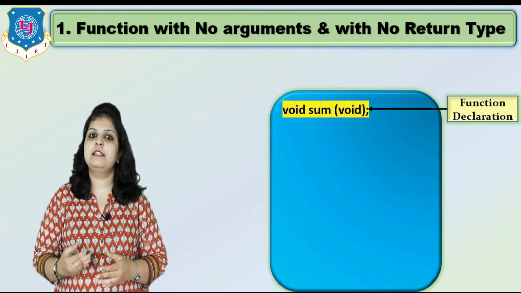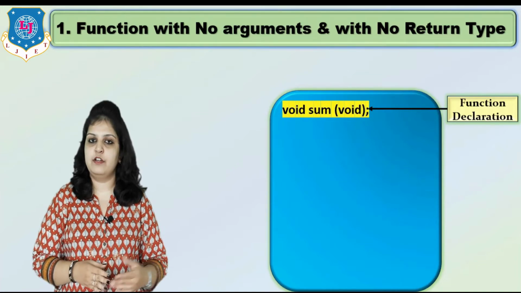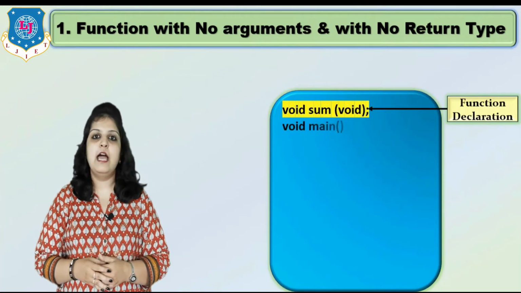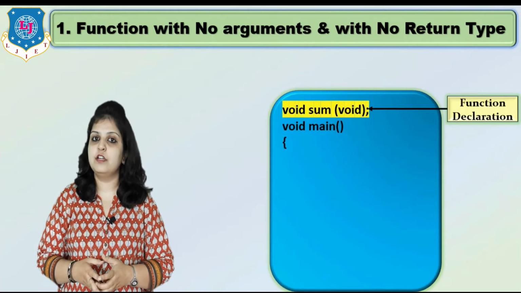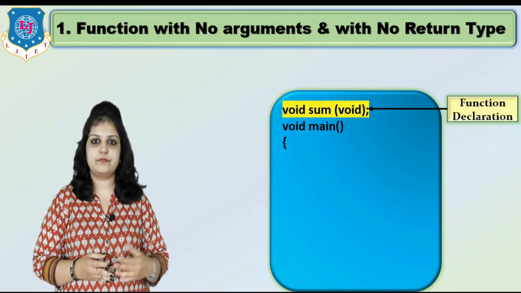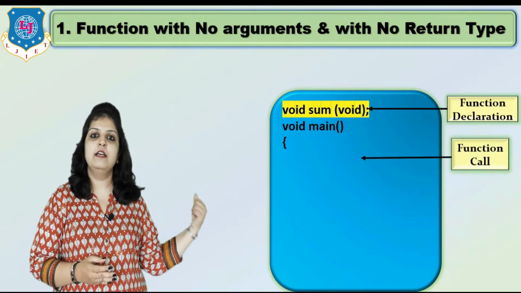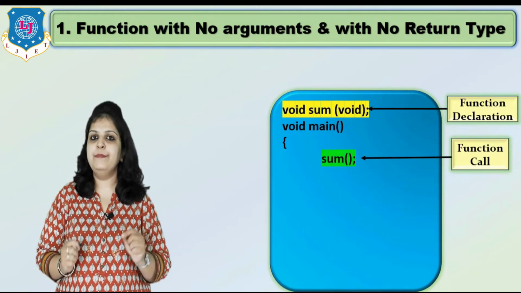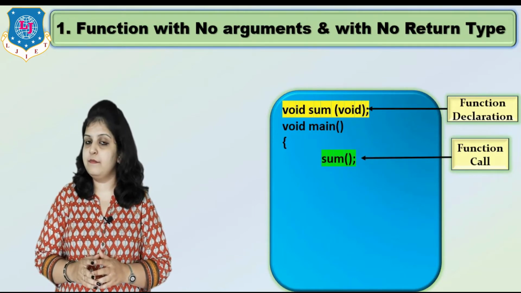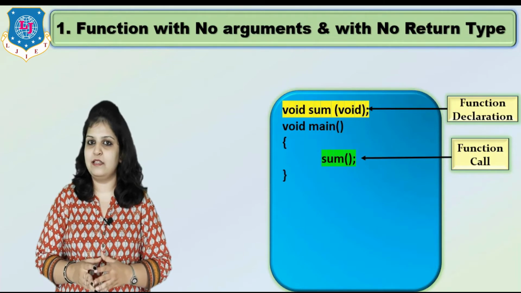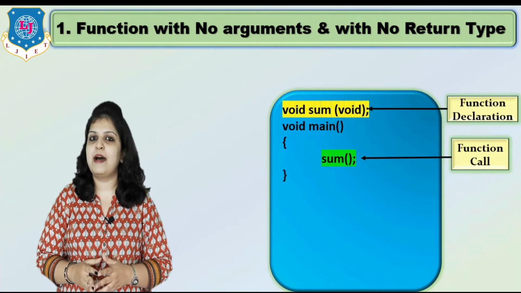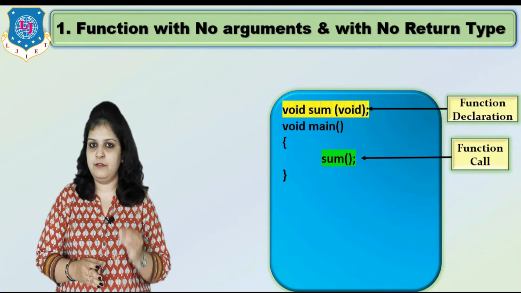Now our next part is write a main function. So I am writing void main, and always we can call the function in our main section. So our function name is sum. So I am writing sum and empty bracket. Why empty bracket? Because here no argument, that's why we don't require to pass any data from our main function.